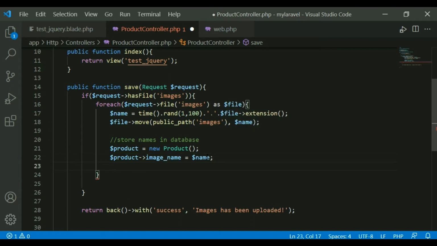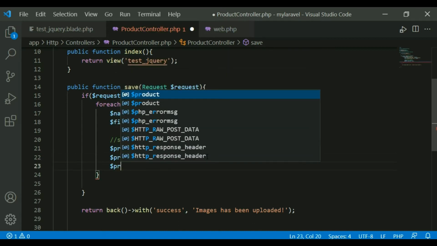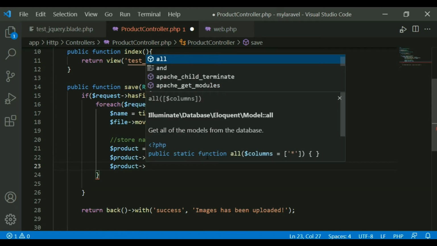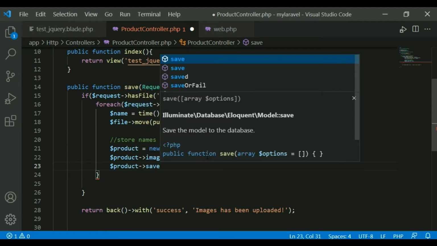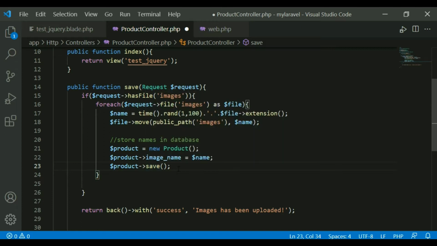After that you can save the product image by using the save function. So these are the 3 lines you can write to store the names of the images in your products table.